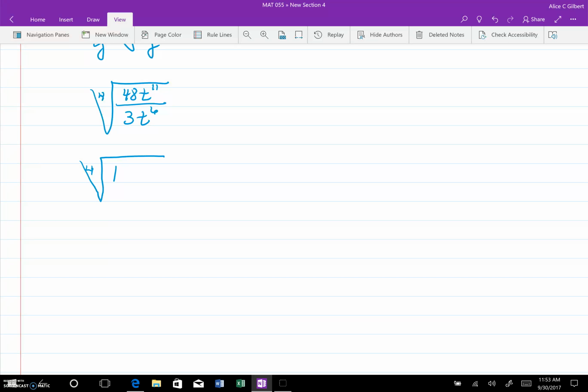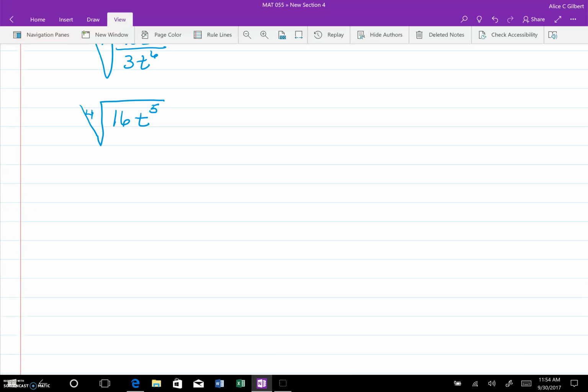48 divided by 3 is 16. My t's are both the same, so I can divide those. I keep the base, subtract the exponents, and remember, wherever the exponent is higher, that's where it's going to be. So in this case, the numerator, I've got nothing left in the denominator. 11 minus 6 is 5. Now I just need to